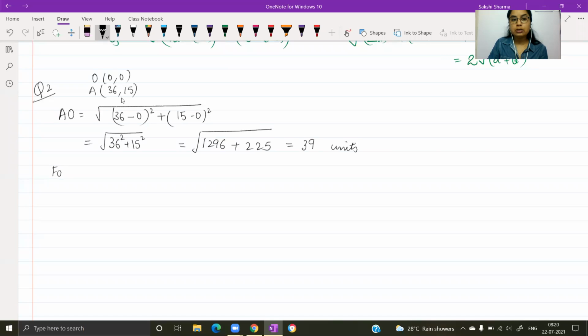Now for the problem given to us in section 7.2, the distance between the 2 towns will be equal to 39. The units will be kilometers because they are referring to all the values in kilometers. So the distance between towns A and B will be equal to 39 kilometers.